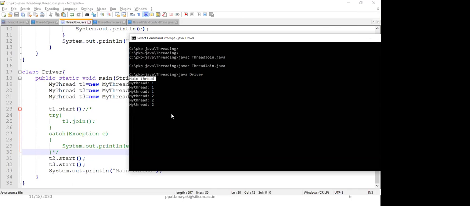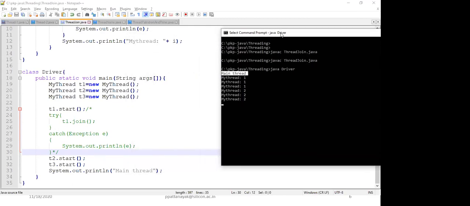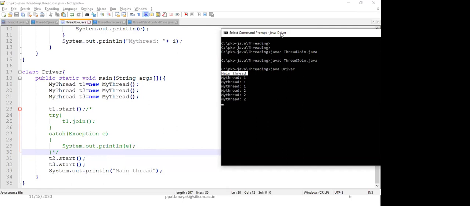Sir, one thing I want to ask. You have written the main thread line at the bottommost. Sir, if you place that before T1 dot start, I understand that in the OS there will be changes in the speed of printing and all, but can we do something externally so that it will be printed first, or will it be executed internally?